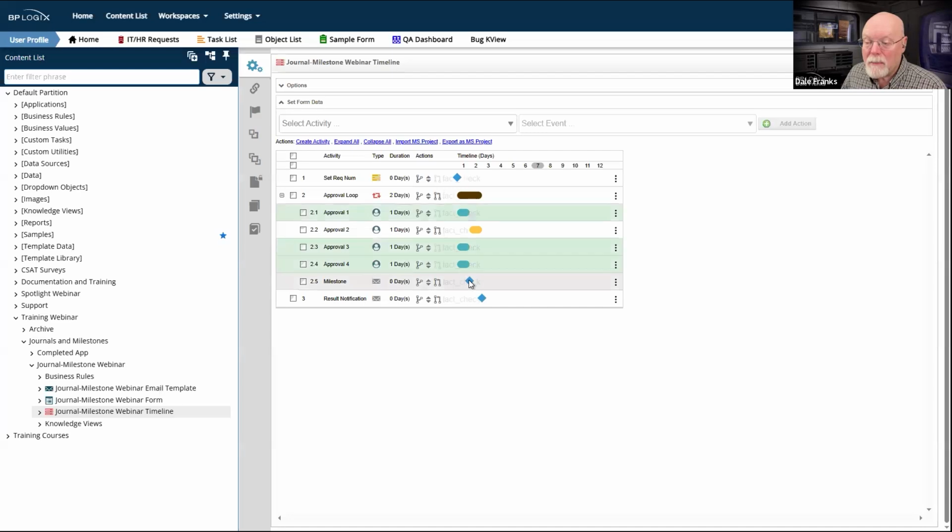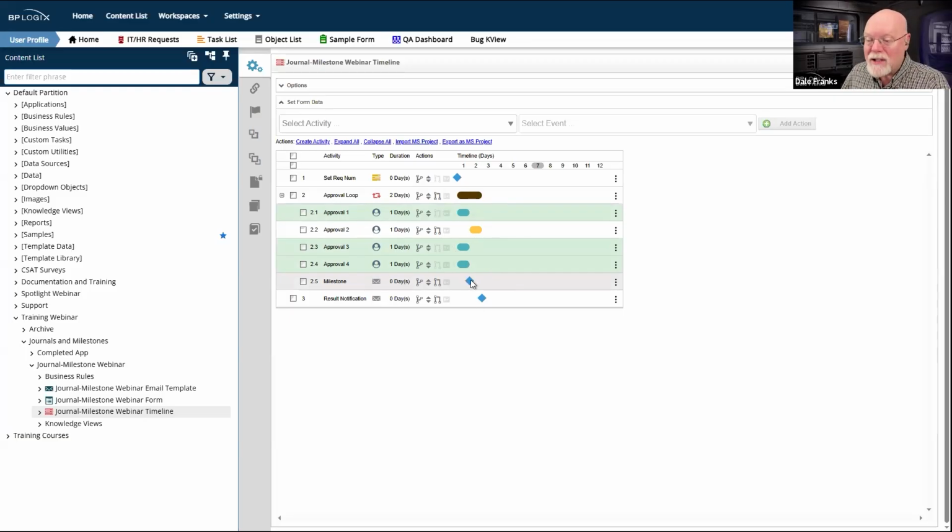Now this is dependent, if I click on it, on those activities ending. So irrespective of how long approval 2 takes or what have you, I'm going to fire a milestone when these 3 approval activities are done. These are 3 important approval activities that once they are done, now says that, well, whatever the milestone is.